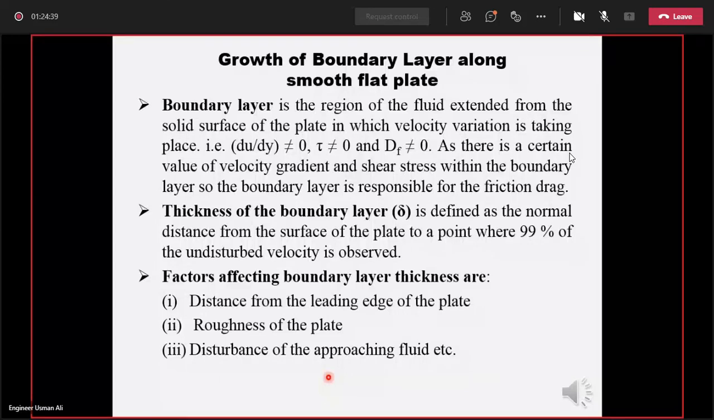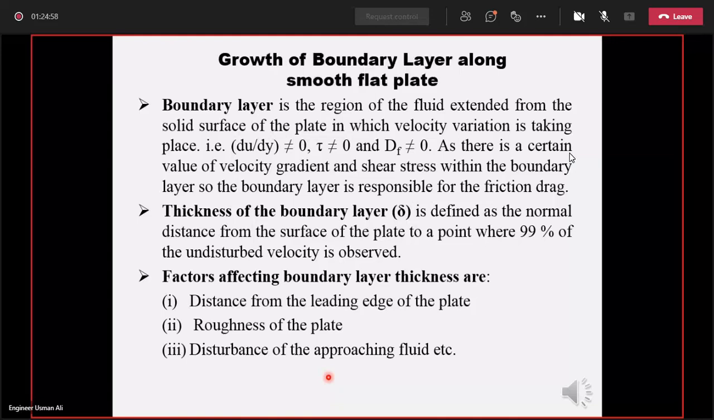तो जब approaching fluid disturb होगा तो जो boundary layer बनेगी वो टर्बुलेंट बाउंड्री लेयर बनेगी और उसमें थिकनेस ज़्यादा होगी। तो ये कुछ फैक्टर हैं जिसकी वजह से बाउंड्री लेयर की जो थिकनेस है वो इफेक्ट होगी। तो एट द एंड लेट अस डिस्कस द टाइप ऑफ बाउंड्री लेयर और उसको